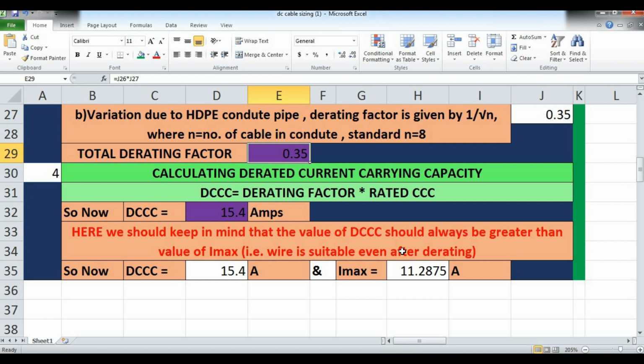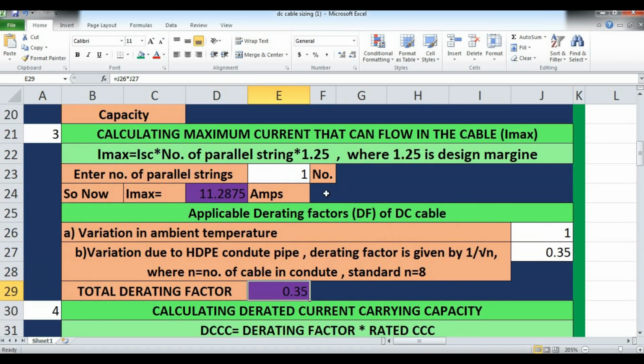The thinner the conductor, the less current it can carry, because the resistivity increases when the conductor becomes thinner. So now you see one thing, we just change this value. Instead of one parallel string, we will take two parallel strings here. So what will happen? Our Imax is getting increased, as you can see here. Our Imax is becoming